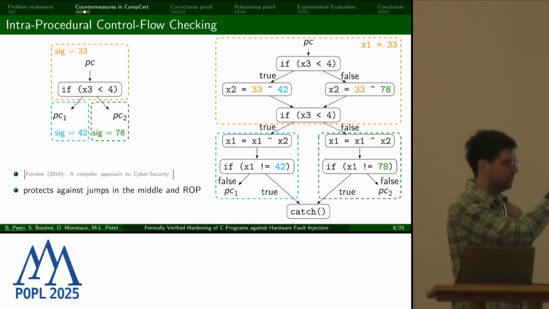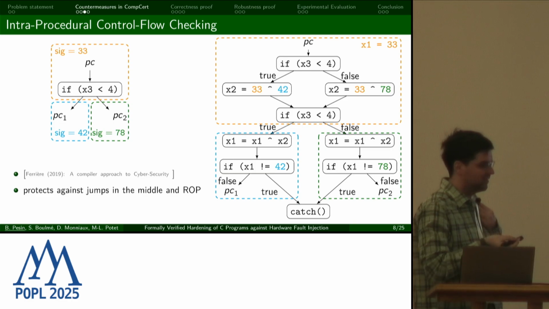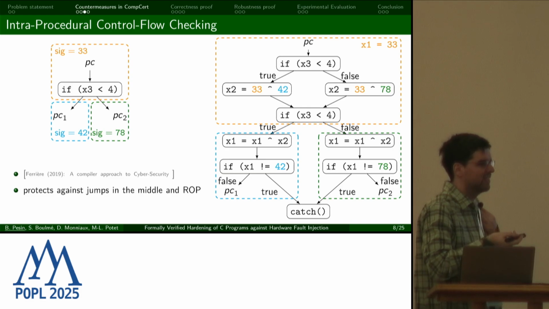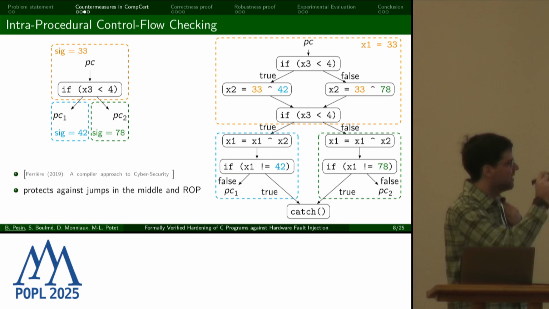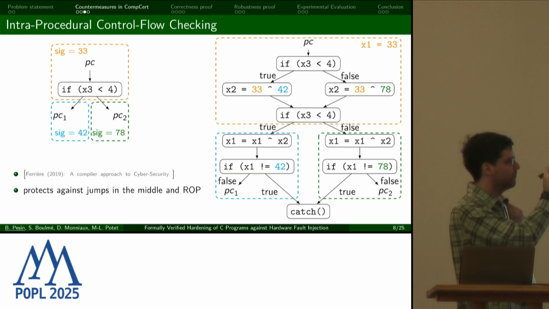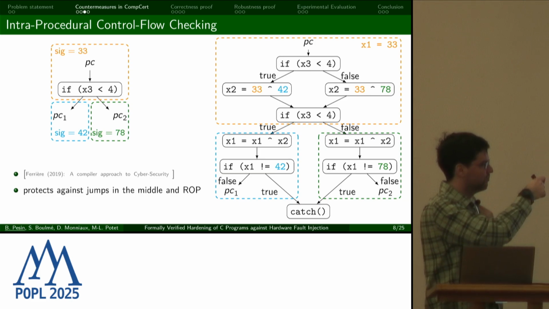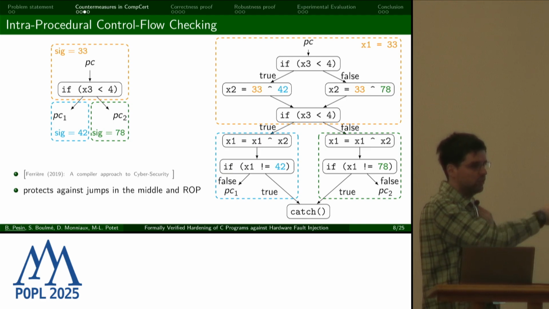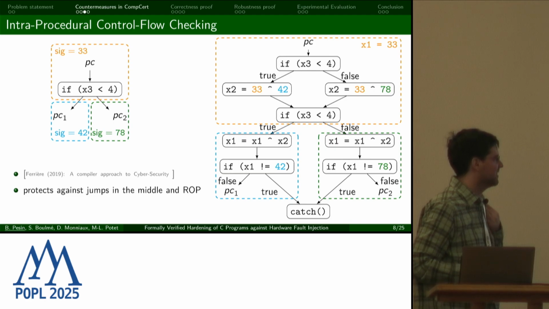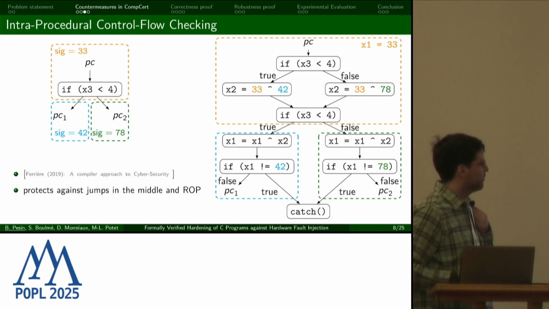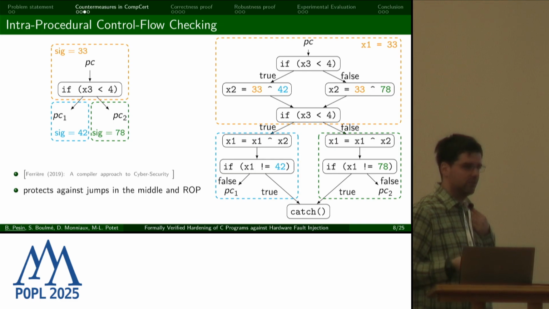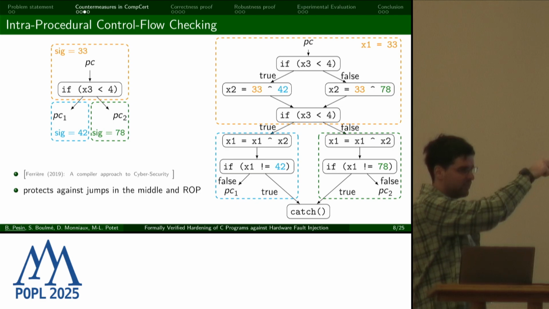Then you go back to a test, and you do the test a second time. So indeed, you protect from an attack against a single test because you do it twice. And depending on this test, you will XOR the GSR, so x1, with x2. So here on the left, normally, since x1 was equal to 33 at the start, it should now be equal to x2. If it's not, it means something fishy happened. One of the tests was inverted, and we can go into catch, which essentially raises a kind of error message. So you should be convinced that this countermeasure actually protects against inverting a single test somewhere in this.